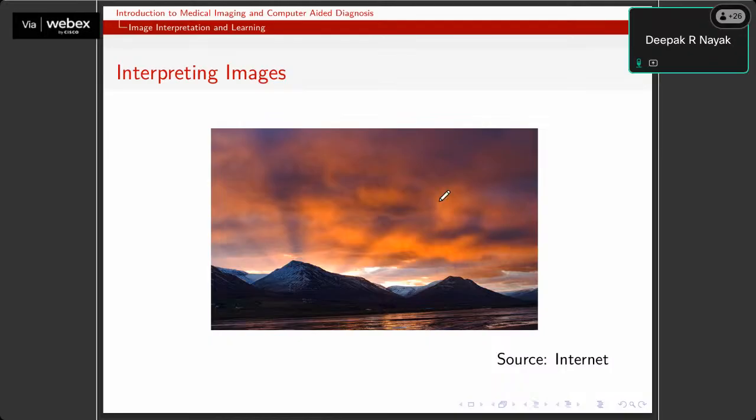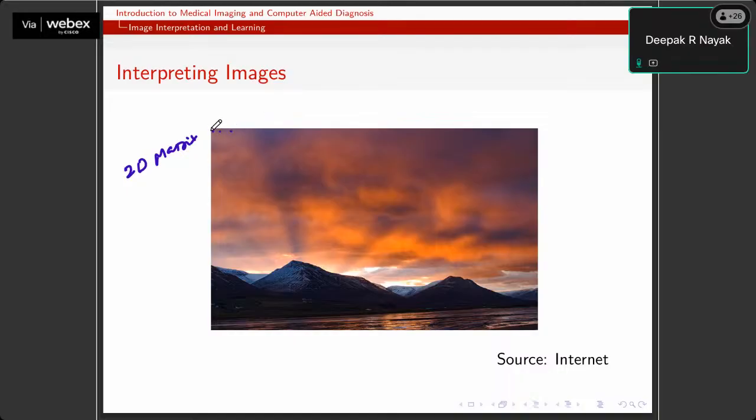Fine. So let us first discuss what we mean by image interpretation, right? Image interpretation is nothing but understanding each and every content of the image. An image is a two-dimensional matrix when it is stored in a computer. It can be two-dimensional, even three-dimensional, or an even higher-dimensional matrix. Mostly it is a two-dimensional matrix consisting of a number of pixels, and each pixel has two pieces of information.